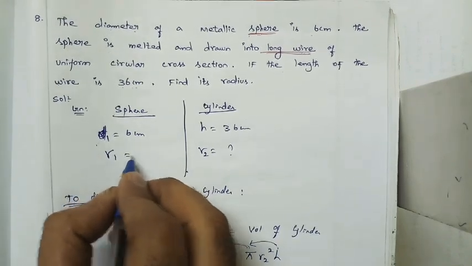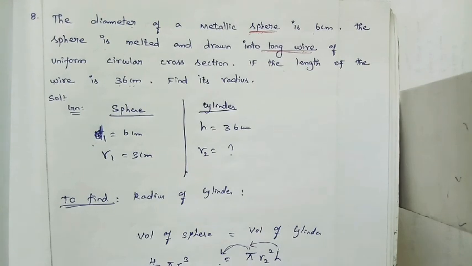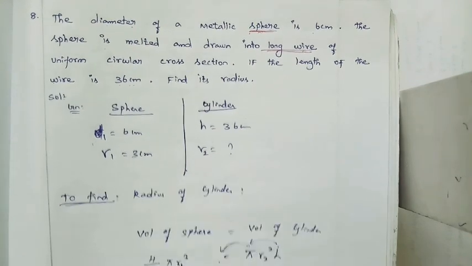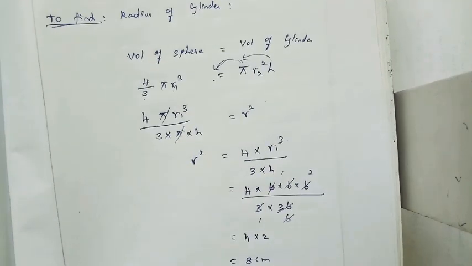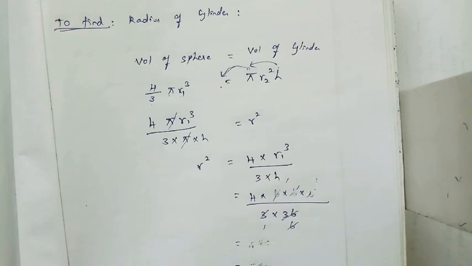So radius R1 is equal to 3 centimeter, right? R1 is equal to 3 centimeter. So in the substitution alone we want to change, right? So 3 centimeter alone we want to substitute. While we are writing the given and the working itself, I am making so many mistakes. So please be conscious while you are solving. See that first we have what the givens are. Please write correctly, ma. That is very important, right?